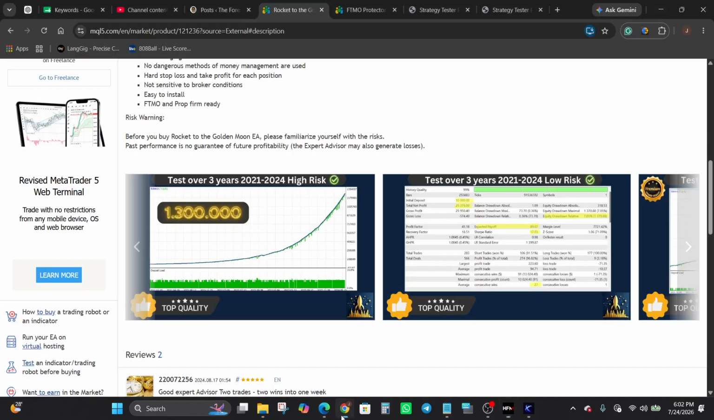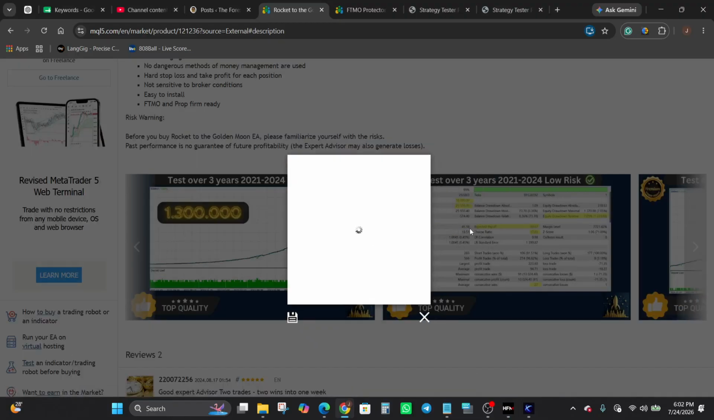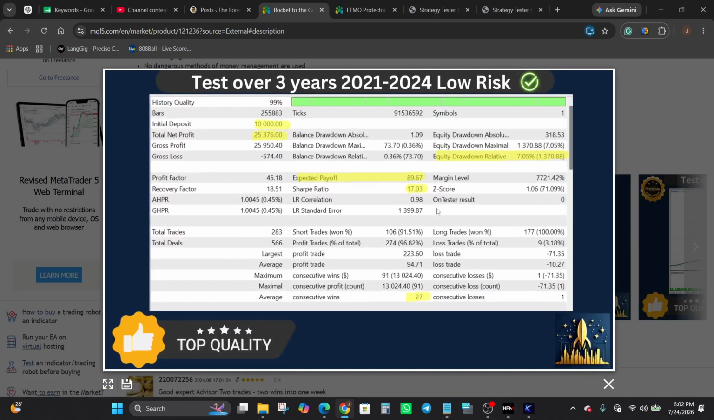But let's just head over to the report that was presented here on the page. Let us see what it tells us. So here, this shows us over 3 years, 2021 to 2024, with low risk, and the initial deposit was $10,000, 99% history quality. In this case, the $10,000 deposit yielded a net profit of $25,376. Total trades taken were 283,